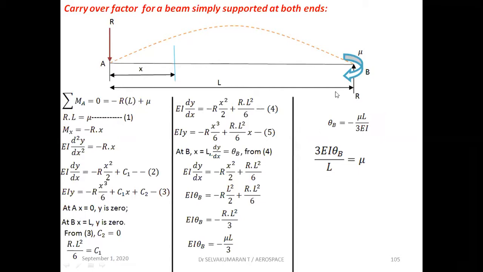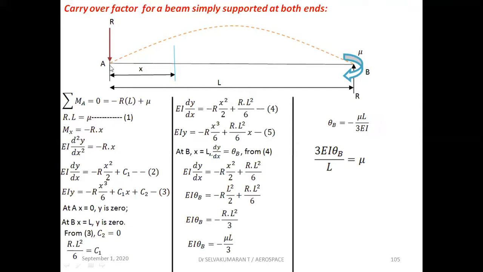The reason is here we are applying the moment Mu on MB. At B we are applying the moment, applied moment is in clockwise sense. So the beam will tend to deflect upward. So the support will take the reverse direction to keep the beam in equilibrium. So this R and this are both equal and opposite, and this is trying to restore the beam into the original position when the external bending moment is applied at B, that is Mu.